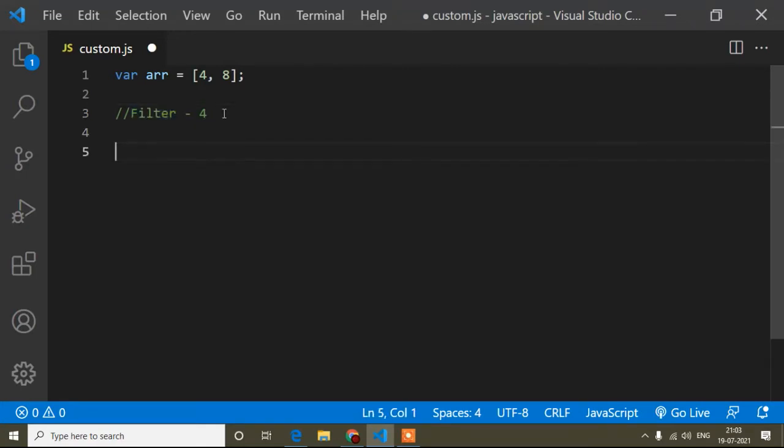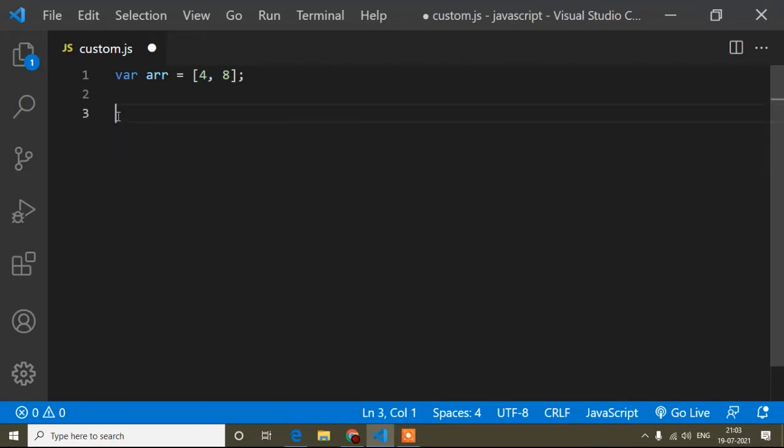So this is the purpose of using filter. And find, guys, the find method searches the data from an array, right? Suppose I want to search for 4, so it will also return 4. So here you can see the work of both is the same, and when I write the syntax you will find the syntax is also the same, but there is a little bit of difference.